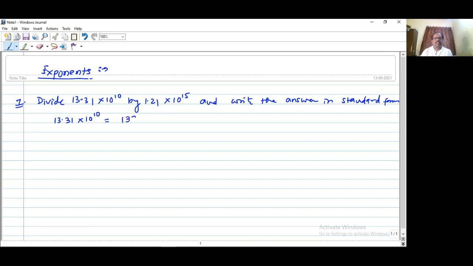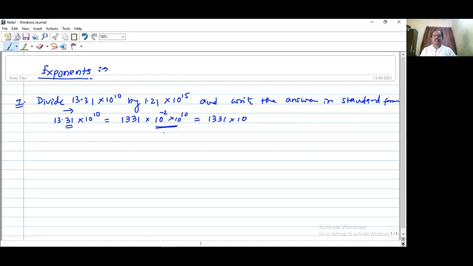So it will be 1331. The decimal is moved to the right side, and when the decimal moves to the right, we should multiply by a negative power of 10, and that negative power will be the number of digits moved. How many digits are we moving to the right? 2 digits. So it will be 10 raised to minus 2, and this 10 raised to 10 will remain as it is. Now you can rewrite it as 1331 into 10 raised to